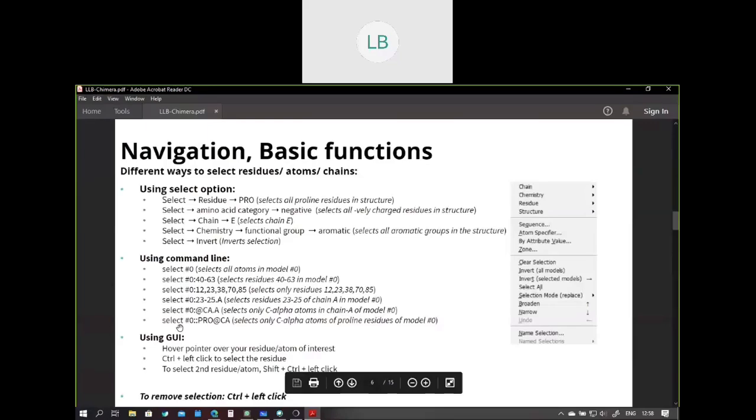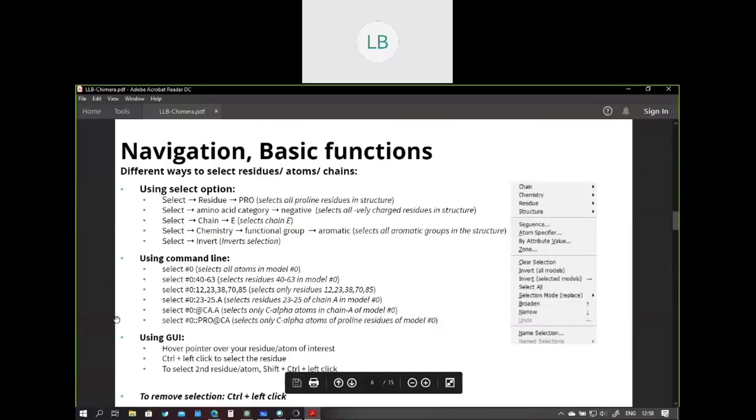I can say #0@CA. It has selected only the C alpha atoms. These are different ways you can use the selection language.